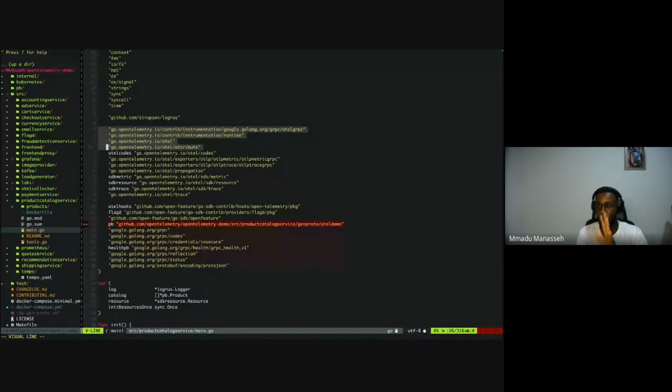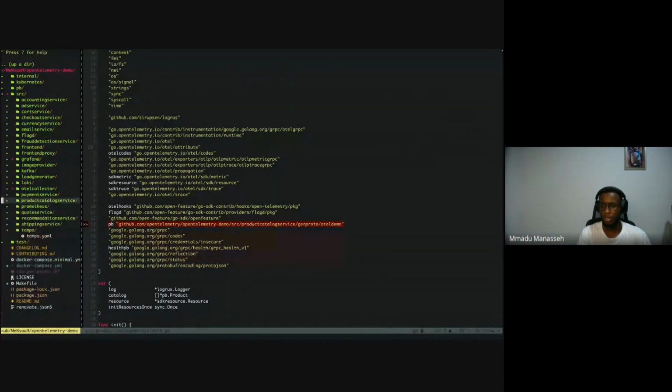So we're not going to dissect the code because, as I said earlier, this is not a talk about how to write instruments and instrument your code, but about how to collect the data that you are exporting from your code. So I'm going to go to the Otel configuration, which is one of the most important things here.